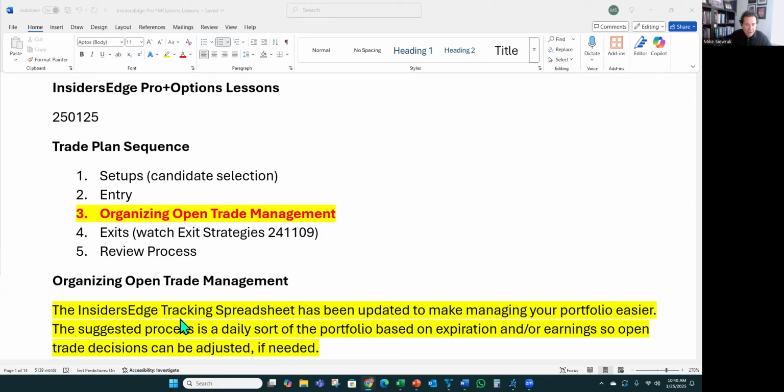Now, I've created a new spreadsheet to track your portfolio, and I believe manage your portfolio easier. The reason I say that is because while I've been using the original portfolio management spreadsheet, I've had this side thing that I do to try and keep up on it every day. And what I did was I integrated it into the spreadsheet. So the new version, as I already mentioned, is downloadable on the website